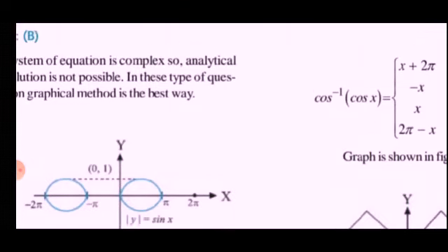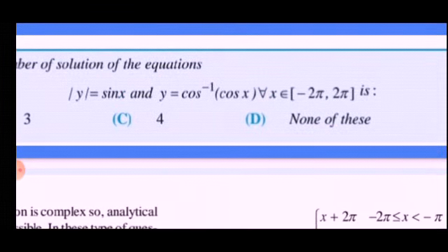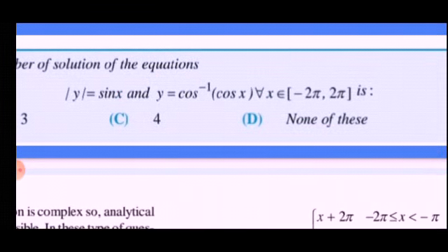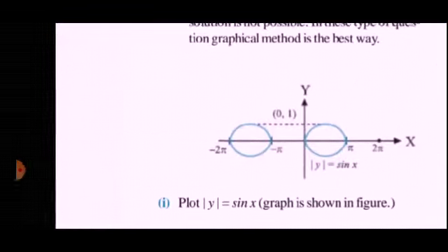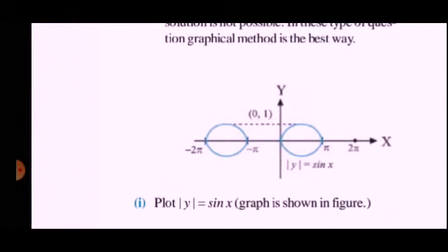So here, when we are drawing the graph for the closed interval minus 2 pi to plus 2 pi, for mod y equal to sin x, which are the parts? The blue parts are the graph, and one more: the dot you see on the x-axis at 2 pi is also part of the graph. You have to consider this later on, which will be helpful for the solution. Students usually skip this part.